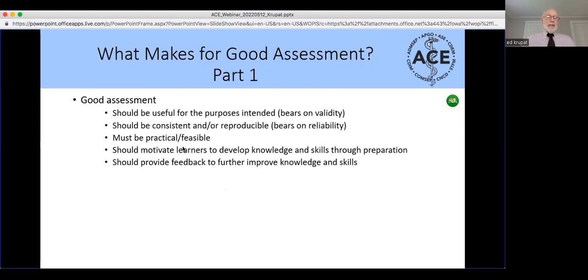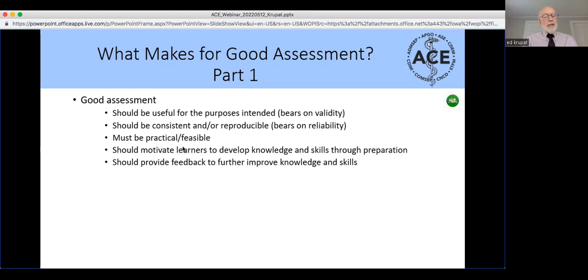So let's ask a second question. What makes for good assessment? Back in 2010, there was a conference, the Ottawa conference, in which a bunch of hotshot assessment people, who forgot to invite me, I guess, came out with a statement. The statement is in a really nice Ottawa conference paper, and it's longer than this. But these are what I abstracted out of their key points.